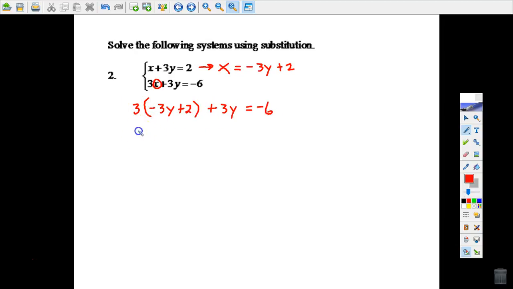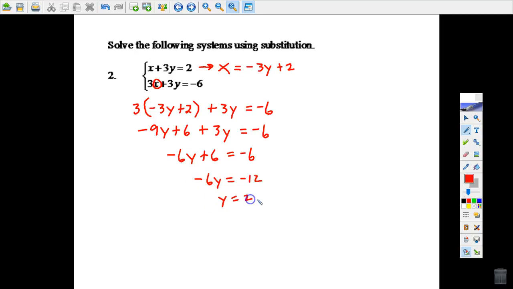So I got to distribute: negative 9y plus 6 plus 3y equals negative 6. Negative 6y plus 6 is negative 6. Negative 6y is negative 12. So y is 2. Okay, and now to find x, you have choices, but it makes sense to just go ahead and use this equation that's already solved for x. So we're going to replace y with 2